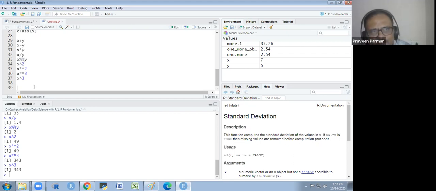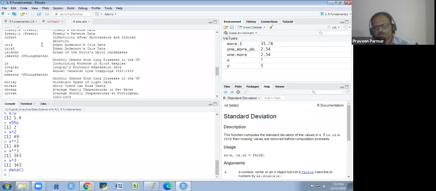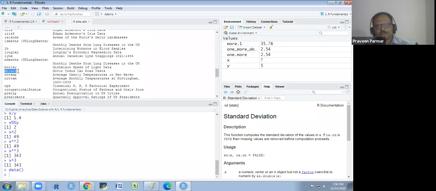So how do you get the list of those data sets? You have to write data, keep the parentheses blank, and then press control enter, and you will get the list of all the data sets. These are all the data set names. So we are using mtcars here, the Motor Trend car road test data set, to explain something.